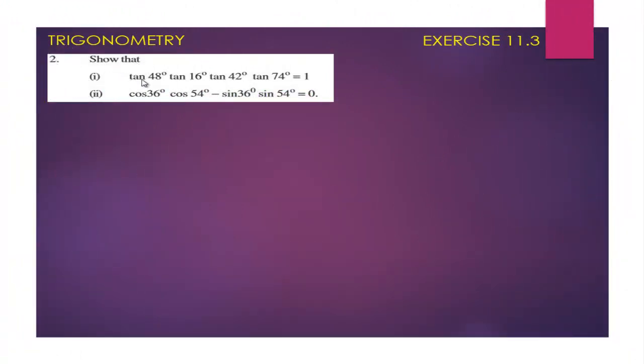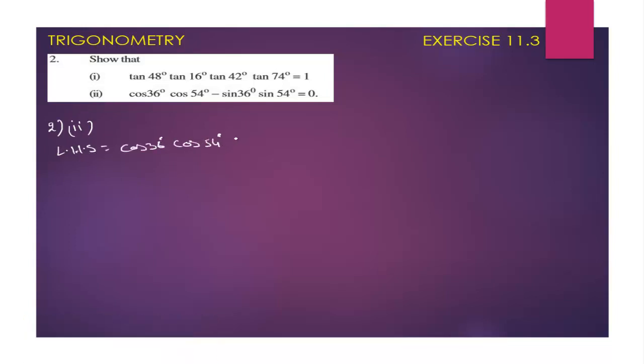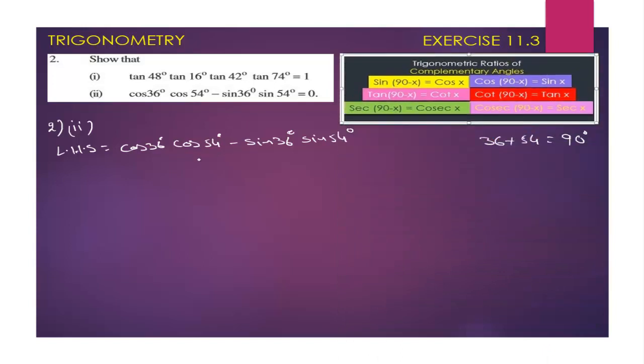Here we have to show that cos 36 cos 54 minus sin 36 sin 54 equals 0. The second problem: LHS is cos 36 degrees into cos 54 degrees minus sin 36 degrees into sin 54 degrees. Here if you observe the given angles, 36 and 54 degrees, 36 plus 54 we get 90 degrees. So here also we can use the trigonometric ratios of complementary angles,